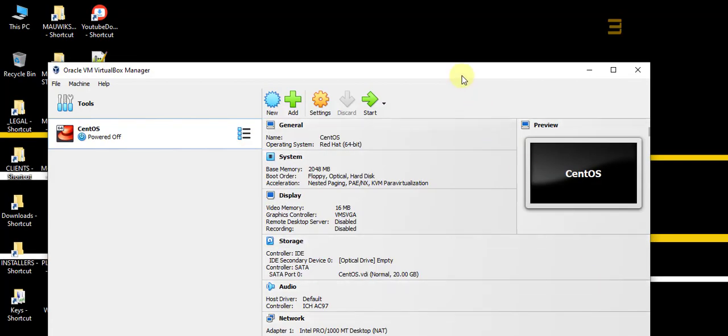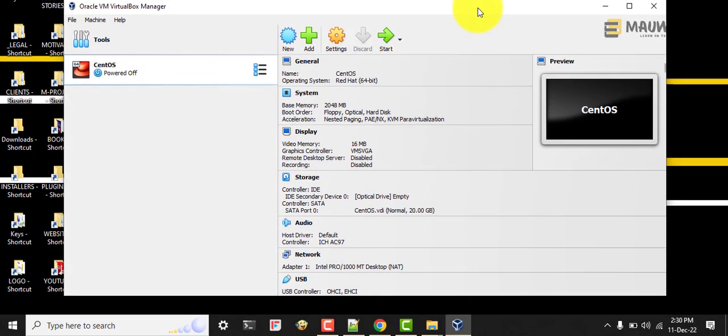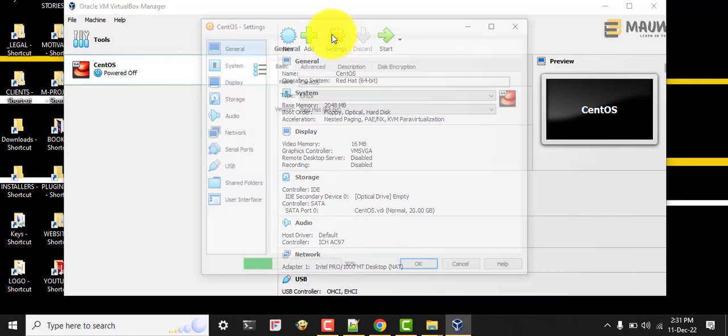let me just make it small here. So this is the VirtualBox Manager. This is the one that we've set up earlier. You can create another type of OS, or maybe more CentOS, whatever you want. Just make sure that the RAM, the CPU, and the storage will not max your machine, which is why I am using pCloud, which is an extended storage for me on the cloud. So as you can see, the next thing we want to do is to click on settings,